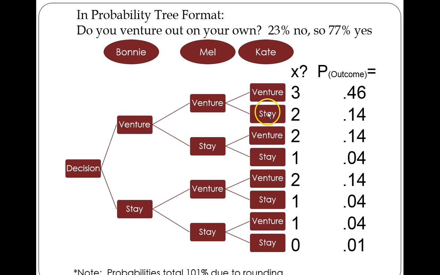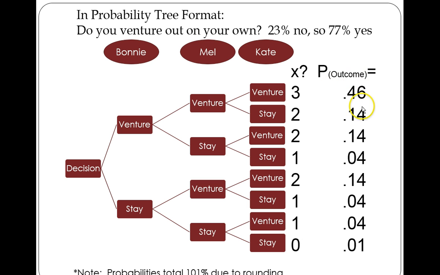Here, Bonnie and Mel go out, but Kate stays, so that's 2 successes. This one's 2, okay? Bonnie goes out, Mel stays in, Kate goes out, so that's 2. This one, only Bonnie goes out, Mel and Kate stay, so that's 1 success. Okay, so X here counts how many successes there are, and the probability is related to the 77 and the